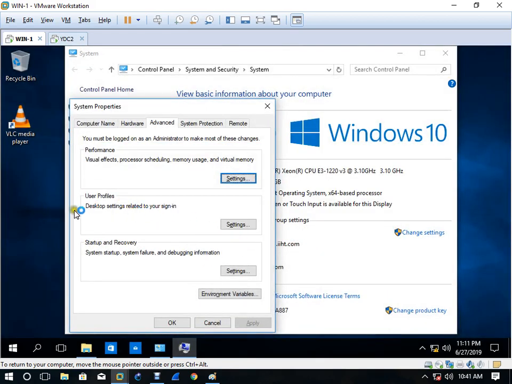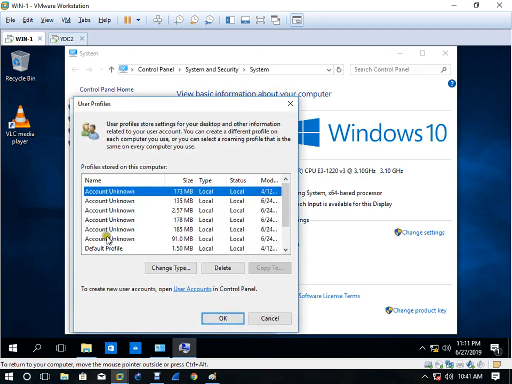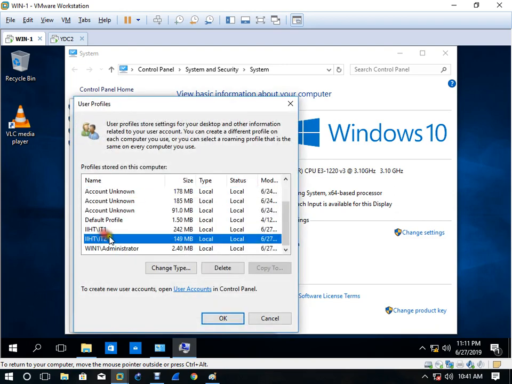Okay. Then I can come here to user profile. Okay, click on advanced and go to user profile settings. And what it is saying is that IT1 and IT2, right, the account is what? Local, right? So when the profile is local, you are authorized to log in here.